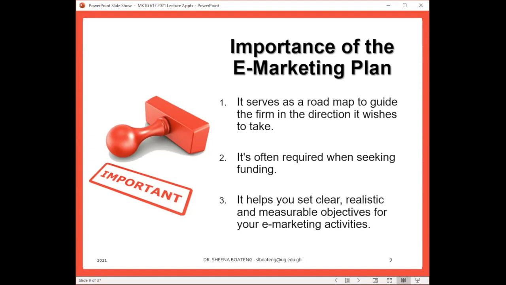Because bear in mind, a lot of the things that marketers promise to do is not immediately quantifiable. So it becomes difficult to be able to convince these other parties to be able to release the funds that we need to undertake these activities. So the most tangible means by which we can convince them of how we intend to put to use the resources that we are asking for and the returns that we hope to gain by utilizing these resources is by putting together a plan. And in this case, to be able to get funds to undertake our e-marketing activities, we need an e-marketing plan to detail how we are going to utilize these resources and the overall returns that it is going to bring to the organization.